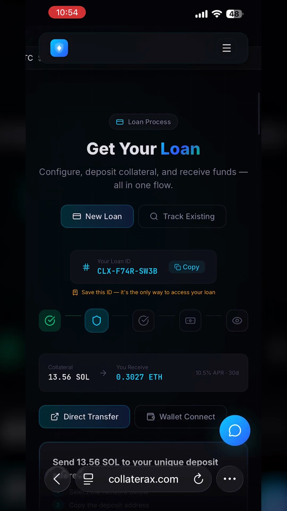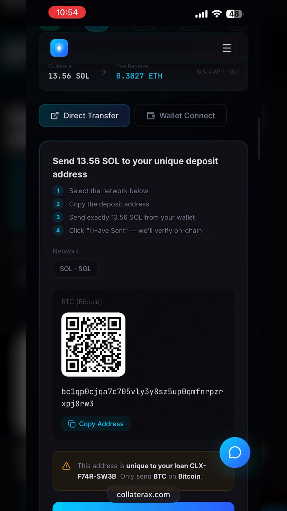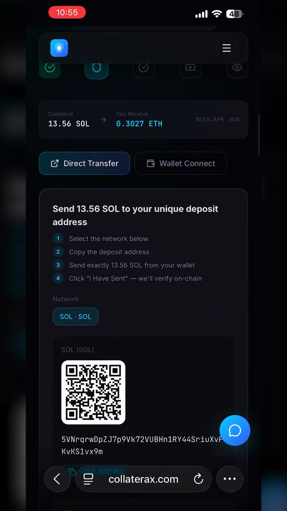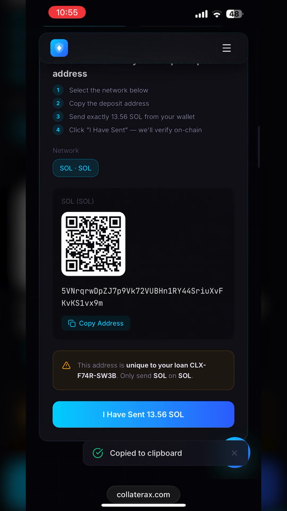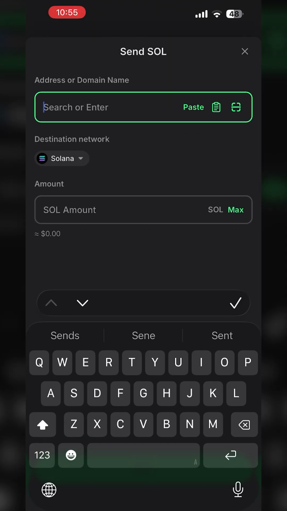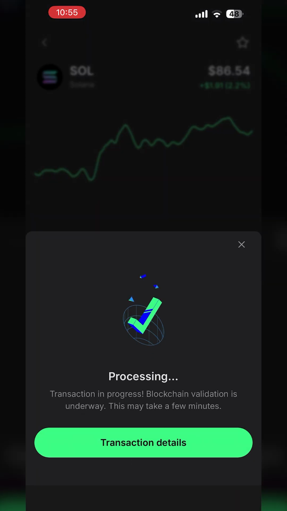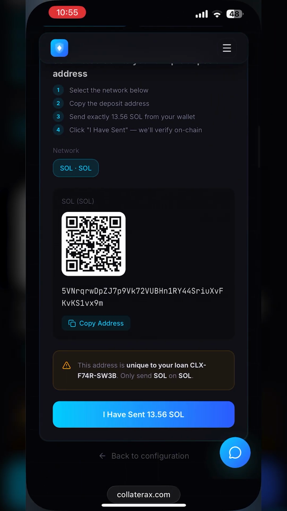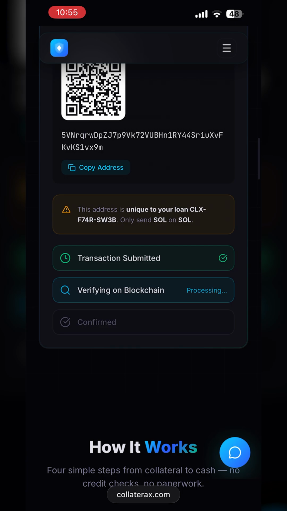The very first thing I do here is save my contract ID. That's the access point back into this loan for its entire duration. Then I need to make a transaction from my end. There's a wallet connect path that handles this step automatically, but I'm taking the manual route. Good. Transaction is on the network. Platform registers it. Once the confirmation comes through,